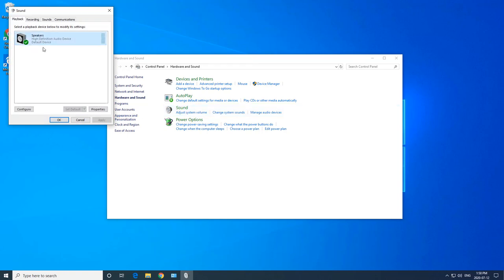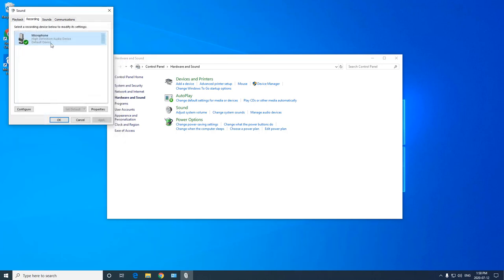In here, if you see 2-3 options, in my case there's only one option, just find your microphone, select it and set it as default. When you set it as default, your system will know which microphone to use. You can check this by going to recordings, and when I'm talking, you can see my microphone is working.